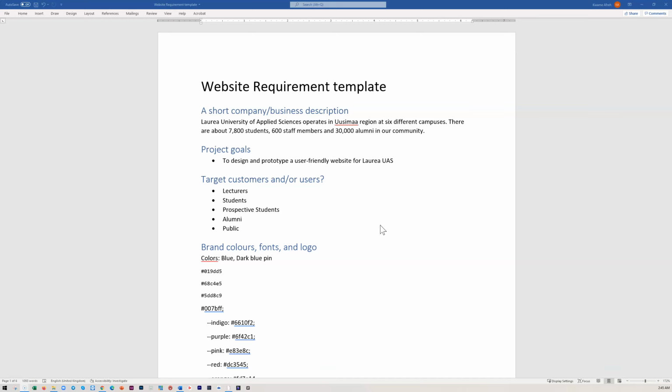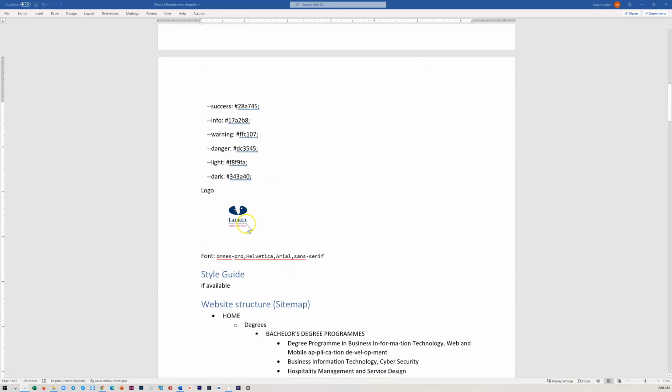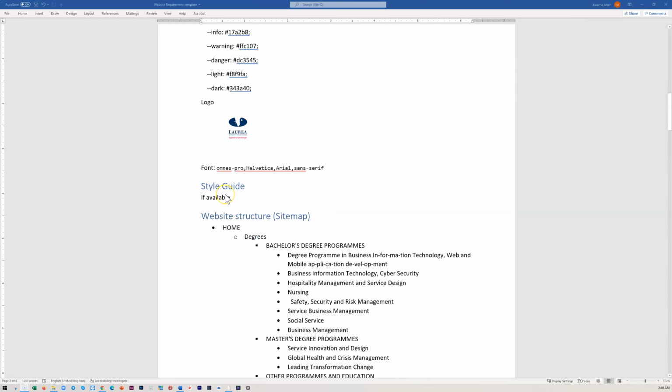Wireframing is mainly the part where we try to throw in ideas of how the user interface could be, and then discuss with the team before we go into prototyping. So here we have a short description about the company or the university, goal, target users. There are brand colors here, and then the logo, and then we have the font. Of course, if Star Guide wasn't available at this point,